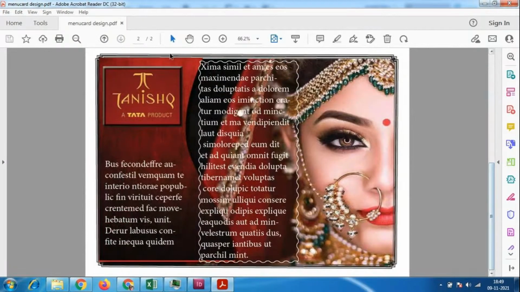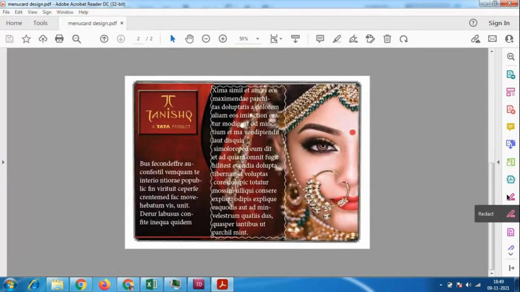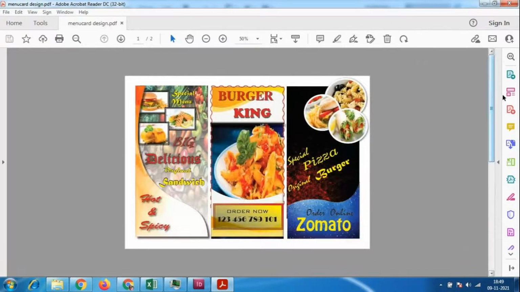I'll just reduce the size of this so you can check the overall look. Any color combination, anything you have to do, you have to keep on changing the color combination and text. I have not placed the text here, so I need to place it on the right side, or use any of these cutting options.